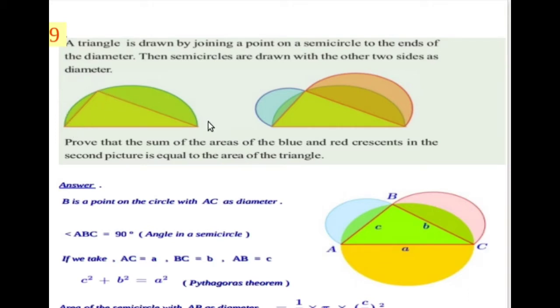That triangle is formed by joining the ends of the diameter of this semicircle. What is a semicircle? A semicircle is half of a circle. So the ends of the diameter are joined to a point on the circle. Here we get a right triangle. Okay, so this one is a right triangle. And what do we need to prove? In the first figure itself you can see one